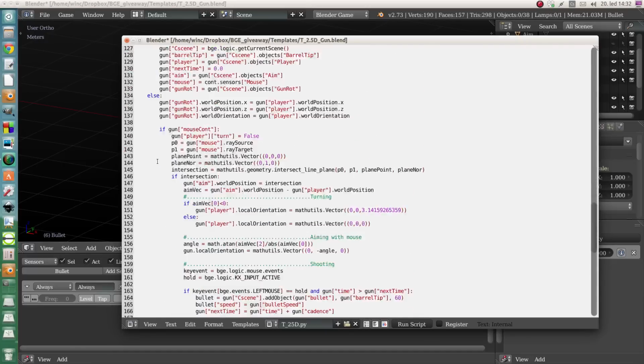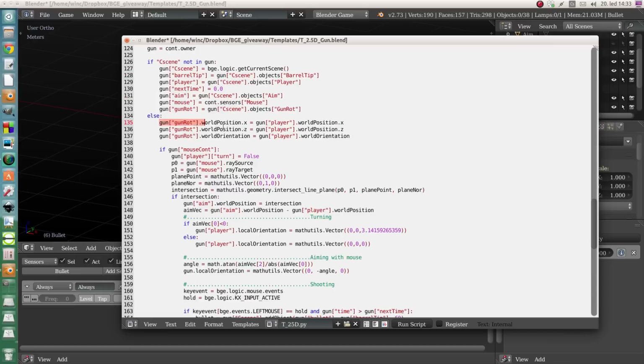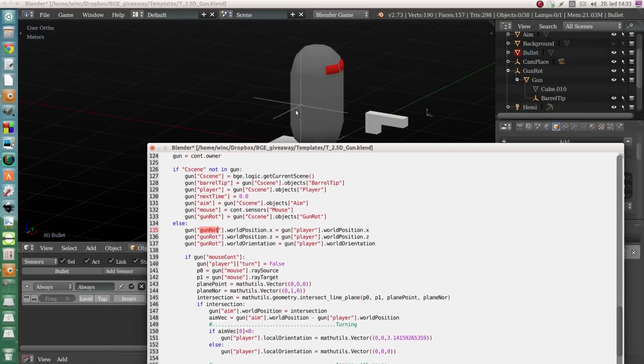And here is the rest of the script, the gun control. It's again just taking a bunch of default values from properties, sucking these properties into the script, and these 3 lines are keeping the gun rotation object. This empty isn't parented to the player object. This empty keeps its world position and world orientation according to the player through these 3 lines of code,